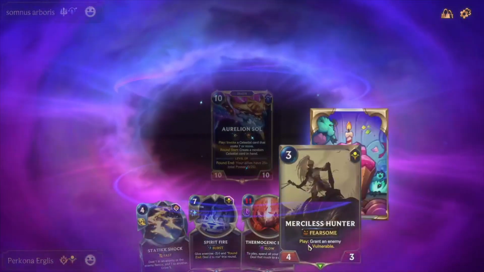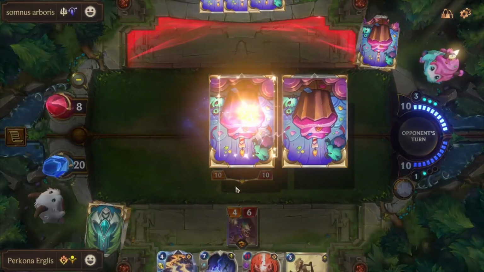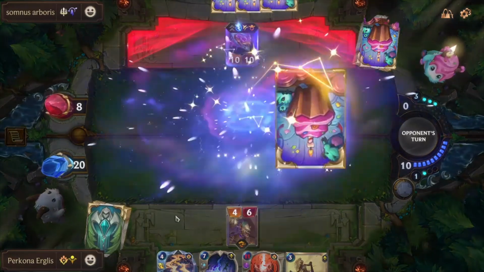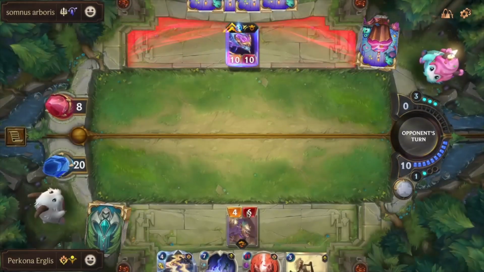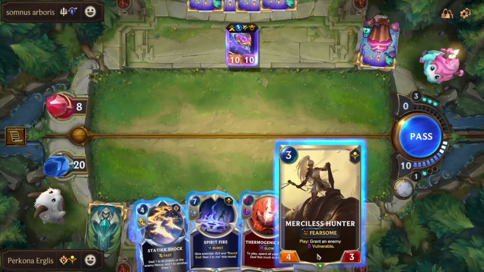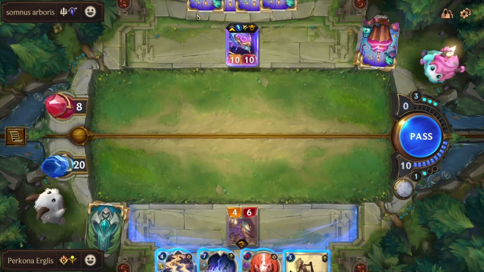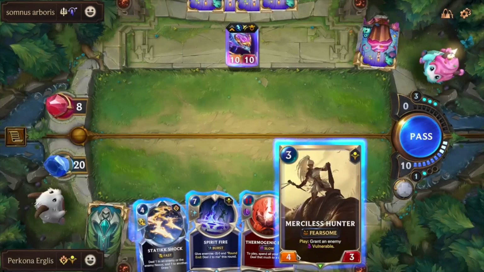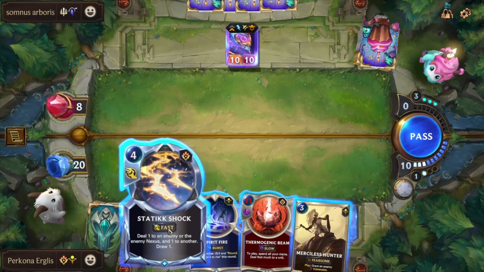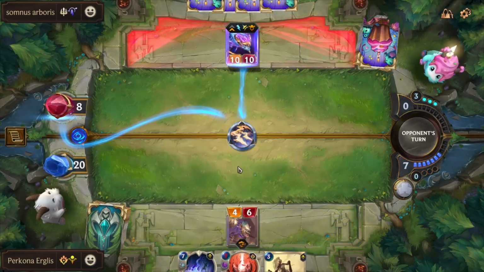Is the Vulnerable grant an enemy Vulnerable? I can't remember if this actually procs it or not. What is this doing? That was weird. Okay. We got there eventually. Yeah, I honestly can't remember if the Merciless Hunter procs it. Sometimes they do, sometimes they don't. I'm not gonna take the chance. It'd be better to know, but...